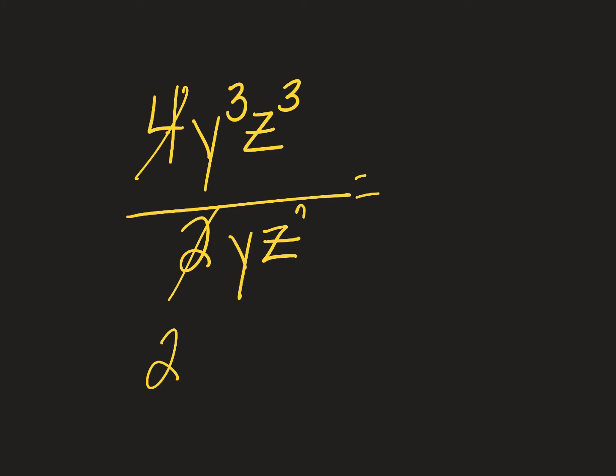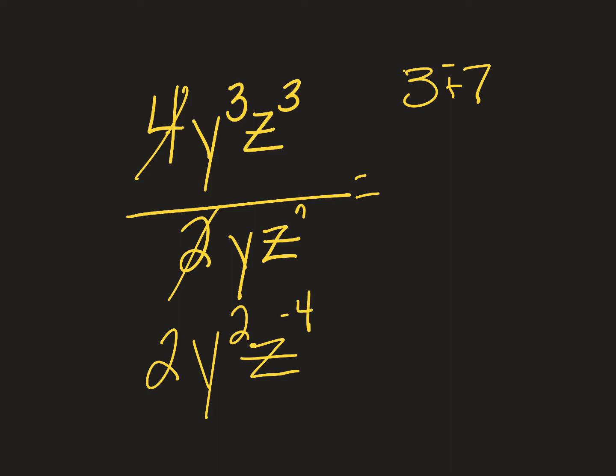And then y to the third over y to the first, we know is y to the 3 minus 1, which makes it y to the second. And then z would be 3 minus 7, which is going to be a negative